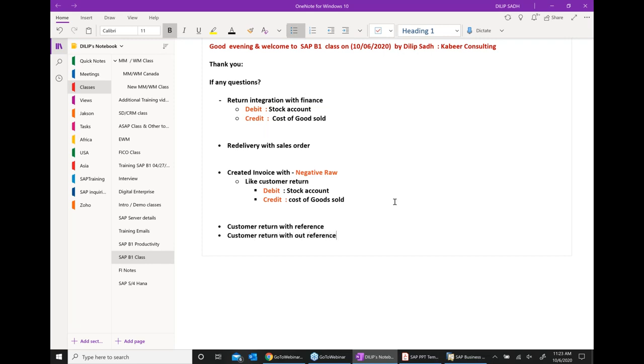Both are possible. With reference means I know which delivery and which invoice it was. But in this case, we do not know the delivery number or invoice number. This is without reference.